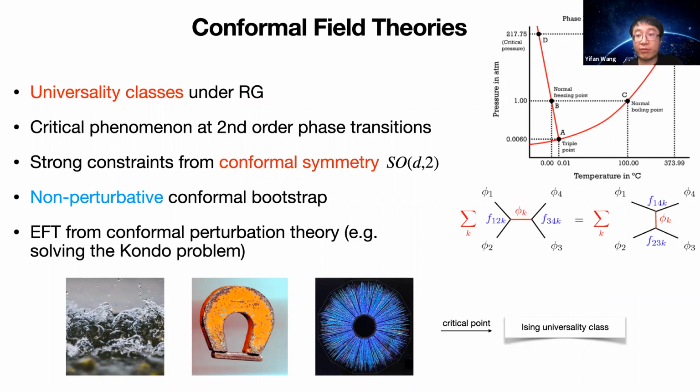And for these CFTs, there's a very direct non-perturbative method to solve their correlation functions known as the bootstrap program. This program explores the constraints from conformal symmetry together with unitarity and the so-called crossing symmetry, which is basically a consistency condition coming from the OPE of the external operators. And then after you have solved a certain amount of information at the CFT, you can then extrapolate to determine